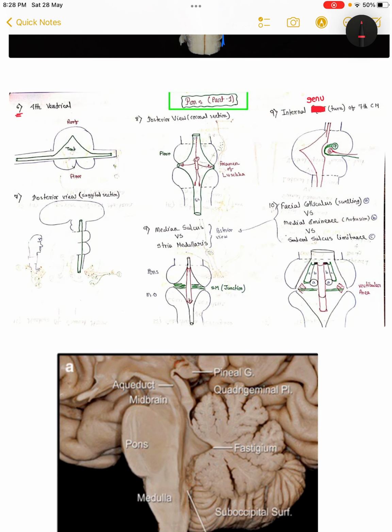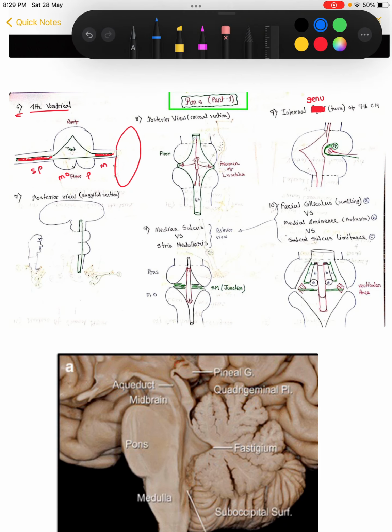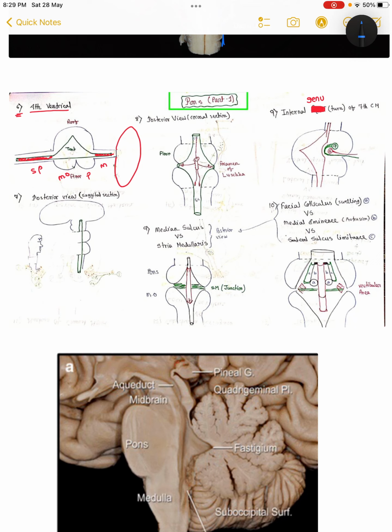So here in the sixth, focus on the fourth ventricle. The fourth ventricle is associated with our pons and medulla oblongata. This is our cerebral hemisphere. If this is the midbrain, this structure will be our cerebral aqueduct. This is pons, this is medulla oblongata, and this is spinal cord. In the spinal cord, you know that this is our spinal canal. Now you see these two tubes are expanding posteriorly, because posteriorly we have our cerebellum, and yes, this is the